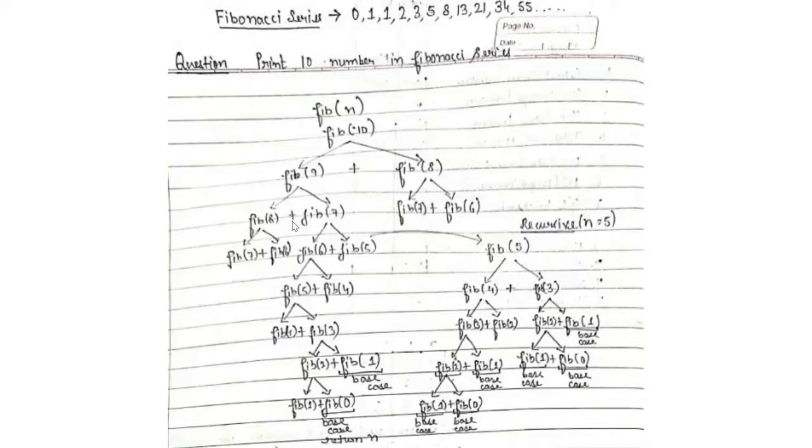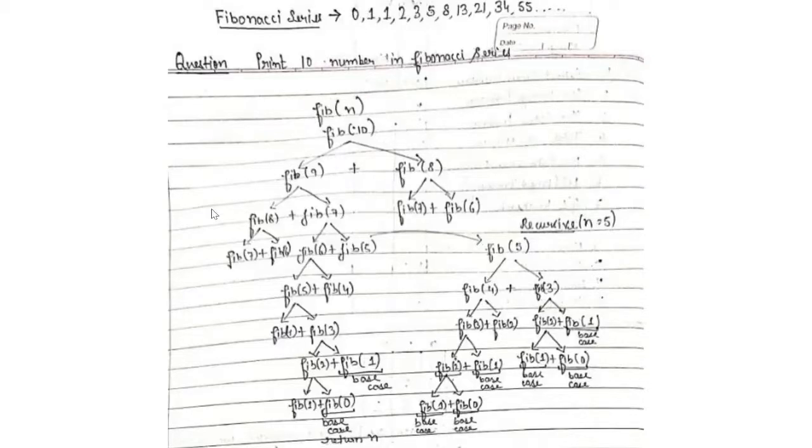And what would be our base case in here? If we don't put a base case in here, then it would be an infinite recursion. So to stop that infinite recursion, we need some kind of base case, and that base case would be that whenever we reach a recursive call where we need to calculate Fibonacci 1 or Fibonacci 0, that is our base case. Because how do I calculate Fibonacci 1? Again, that's a base case over here. With the help of these two base cases, I started my whole Fibonacci series. So my Fibonacci 1 would be set as 1 and Fibonacci 0 would be set as 0.